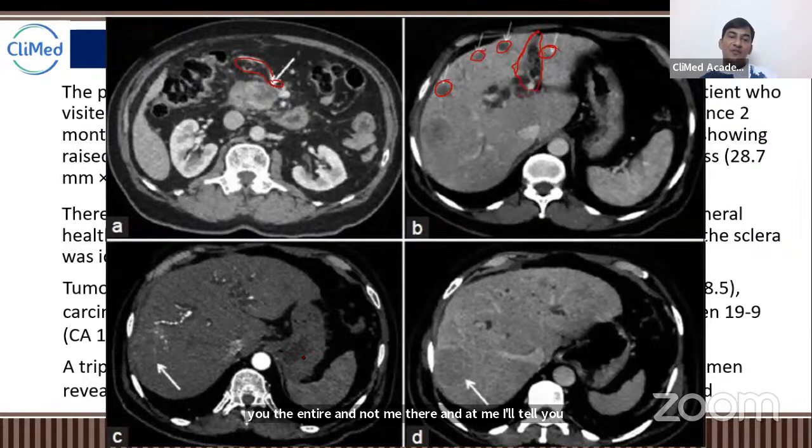A cyst could be differentiated from a tumor by these biomarkers, or it could be detected in the CT as well. We can get hyperechoic images by ultrasound, or the images in a CT scan, where the changes in the color or the density of the mass can be detected in CT scans and MRIs. I will be teaching you that. So these things can be checked.